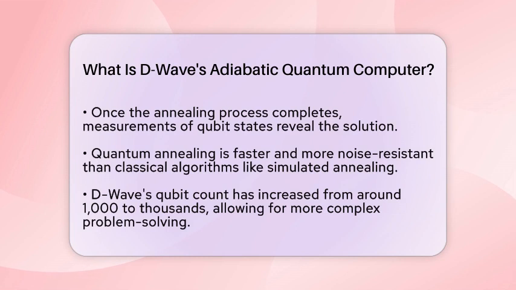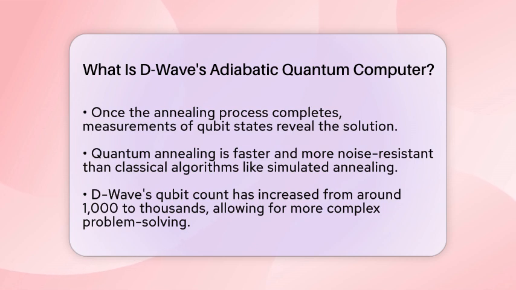This approach, called quantum annealing, is a practical version of adiabatic quantum computing. It's less precise but faster and more robust against environmental noise. It exploits quantum tunneling to jump over energy barriers, often outperforming classical algorithms like simulated annealing in solving complex optimization tasks. Over time, D-Wave's machines have grown from about 1,000 qubits to systems with thousands of qubits, allowing them to